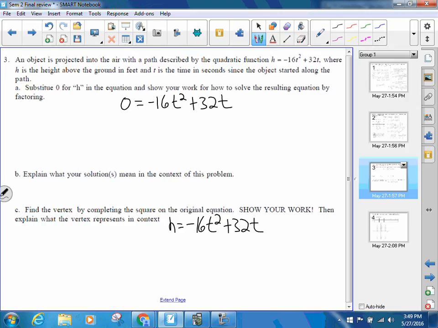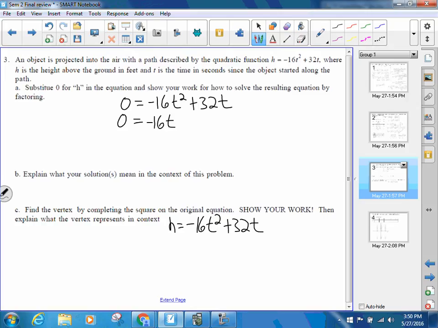So for A, it says substitute 0 for h. Okay, so I've written 0 equals negative 16t squared plus 32t. And then we're going to solve this by factoring. So to factor this one, I'm still going to have 0 equals, but I need to factor out of negative 16t squared and 32t a common factor. So what I'm going to factor out of there is negative 16t,